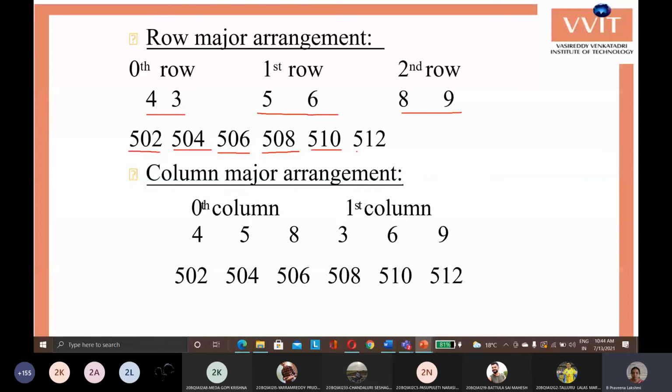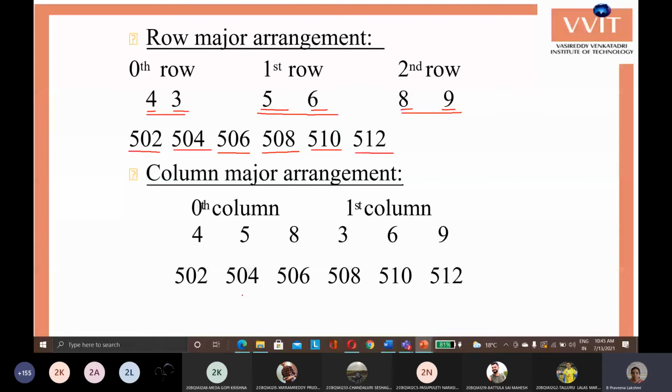If it is column based, then 4 5 8 are in one column, and 3 6 9 are in another column. So 4 is at 502, 5 is at 504, and 8 is at 506.